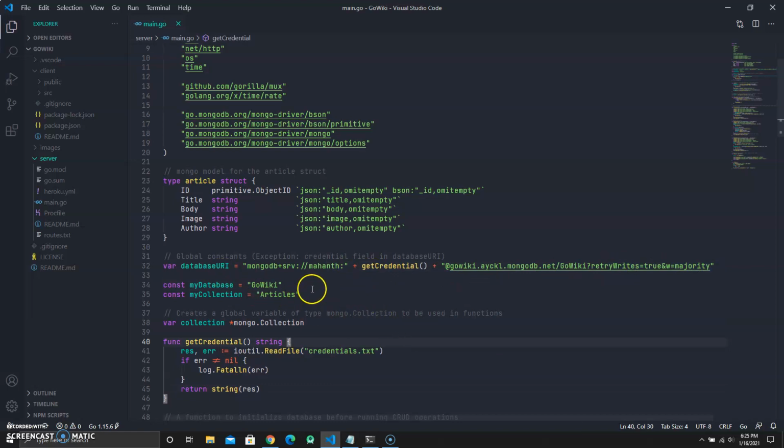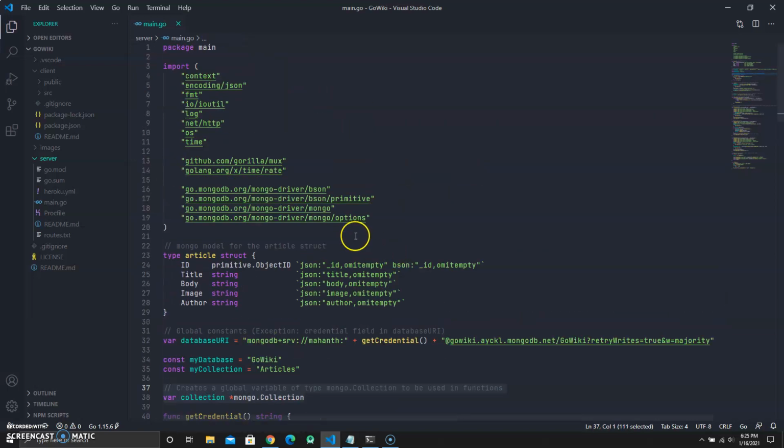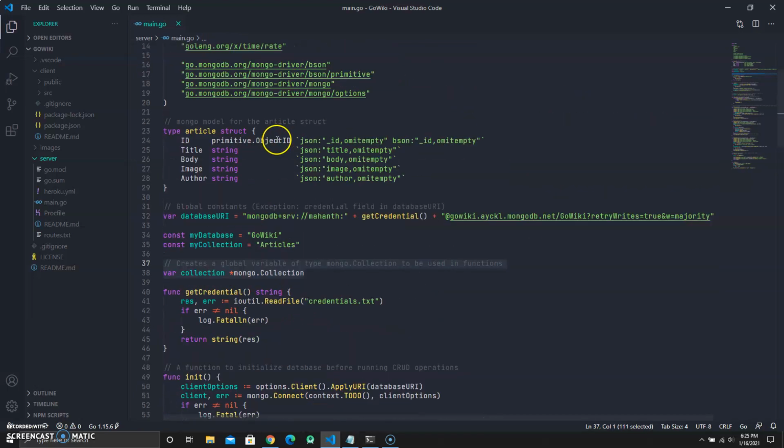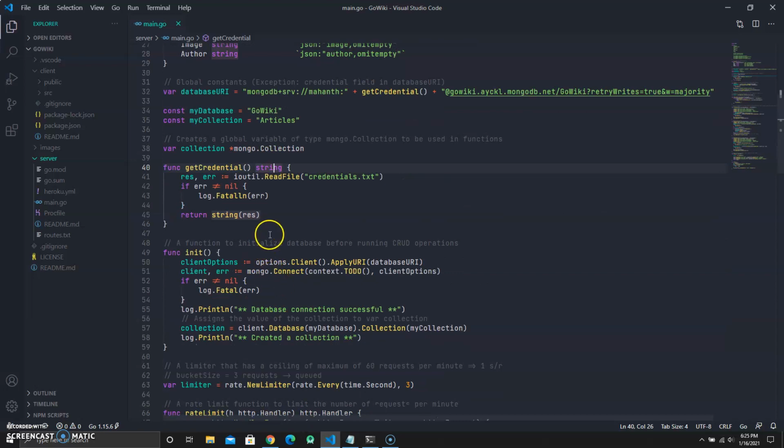Then I define my database to be GoWiki, my collection to be articles, and var collection *mongo.Collection, where I'm defining the mongo.Collection from the mongo driver package that I have imported above. Next, I'm going to be moving on to the initialization function, which contains the initialization for the database. clientOptions := options.Client().ApplyURI(databaseURL). client, err := mongo.Connect(context.TODO(),